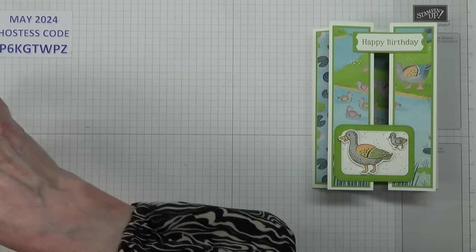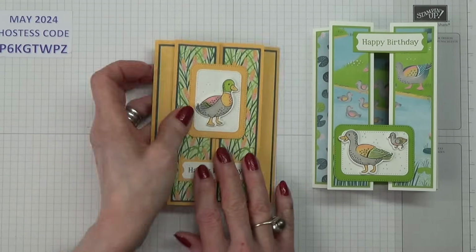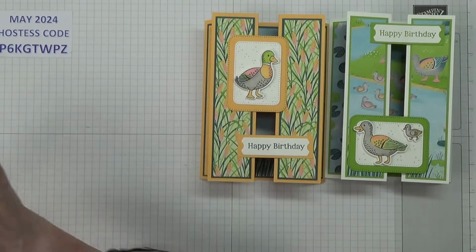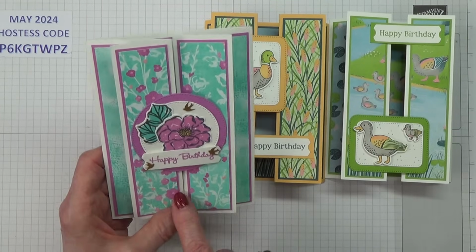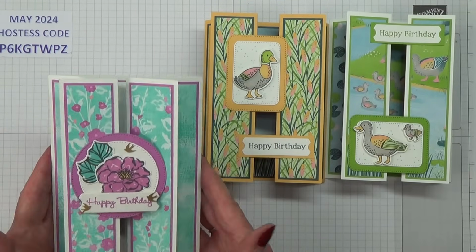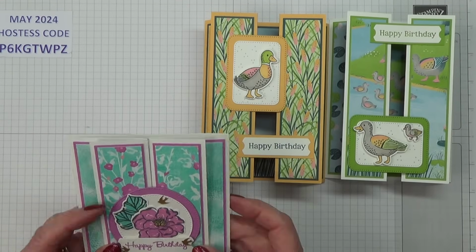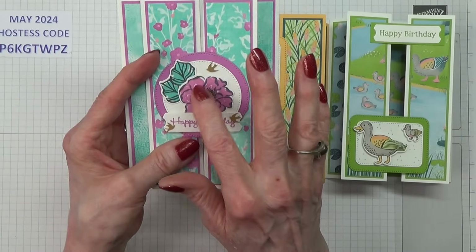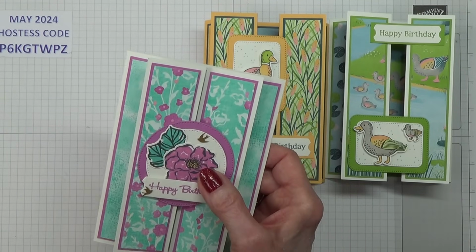Can't see what I did with the one that I've shown. Oh, it's standing up, that's why. Okay, so there's that one as well. The first card I did was the one that didn't have the sentiment down here. It's got it there, and it just doesn't do anything about keeping it closed. Well, it's doing it better now because I have kept it under heavy weight for a long time. But that is from, did I bring it over? Yes, it's from